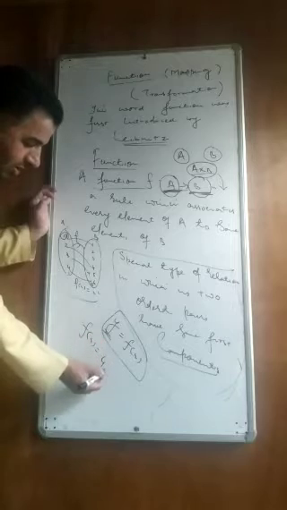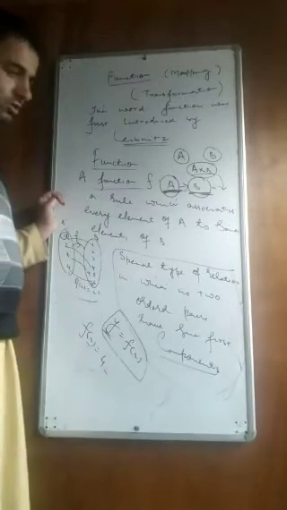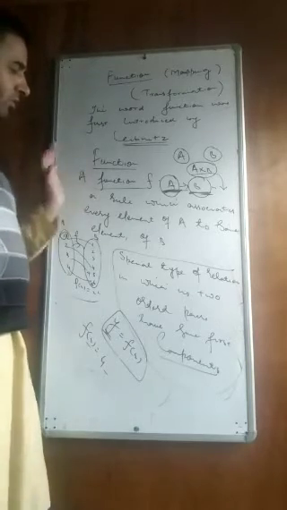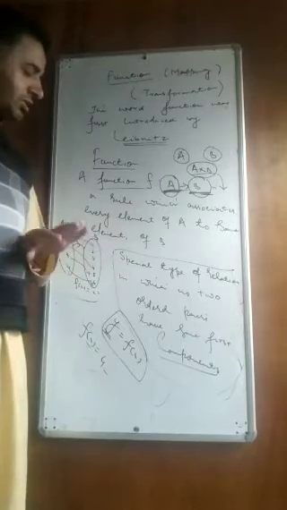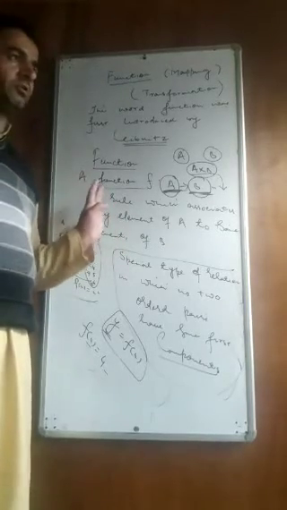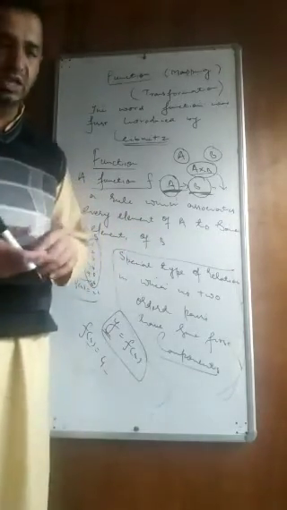So x की जो इमेज है वो 4 है, बट 4 की जो प्री इमेज है वो x है. ठीक है, तो बेटा you can define the function as, now it is a special type of relation in which no two ordered pairs have same first. तो कहने का मतलब ये है कि एक फंक्शन में एक एलिमेंट के दो इमेजेस नहीं हो सकती है,